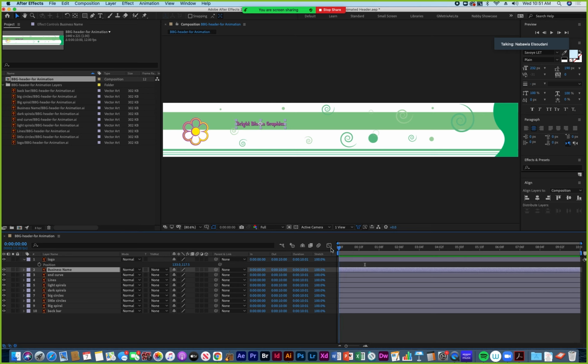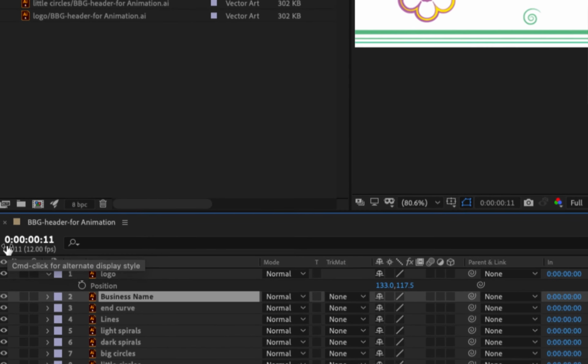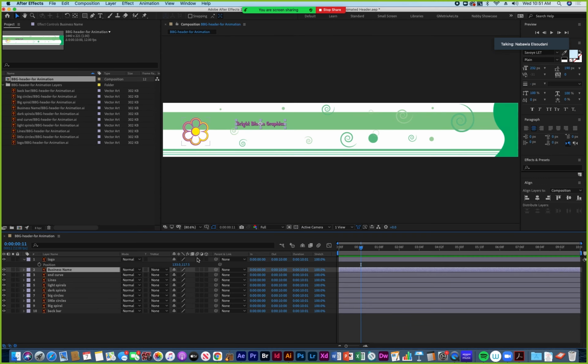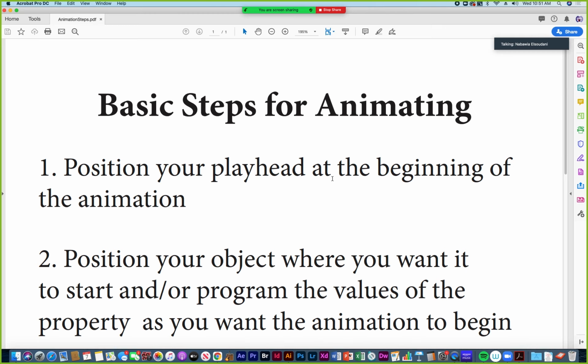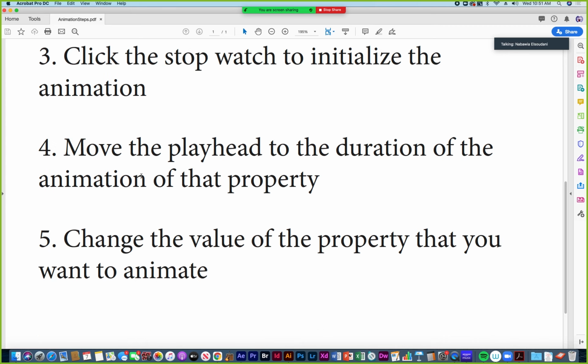So anyway, we want to follow these steps. So I'm going to put my playhead somewhere and notice the time code. So I'll just put my playhead at 11 frames. Okay, I just found a random place in my timeline. And then I decide, okay, that's where I want to start. So I put my playhead there. That's the first step. Position your playhead at the beginning of where you want to animate. And then